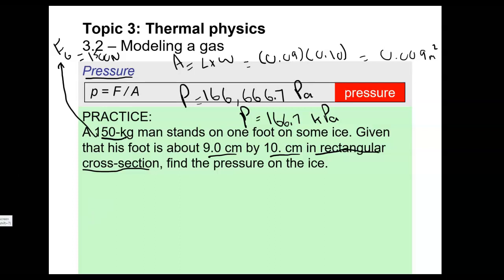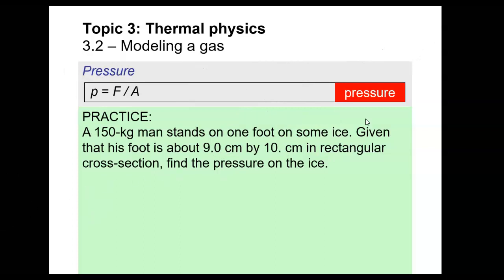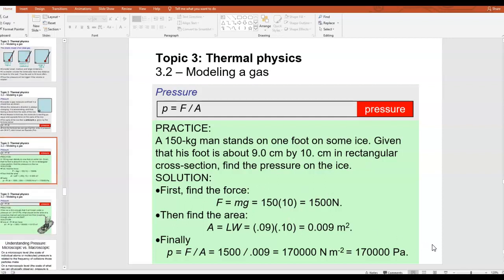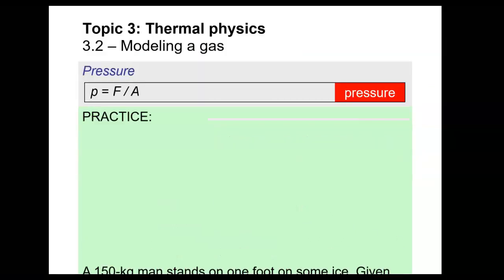Alright, so I'm going to clear that off. Here you can see the full answer. They ran it up to 170,000 pascals. That's probably just to keep the correct number of sig figs. There should be 2 sig figs in this problem. I'm not going to worry too much about sig figs though. The next problem is just another example